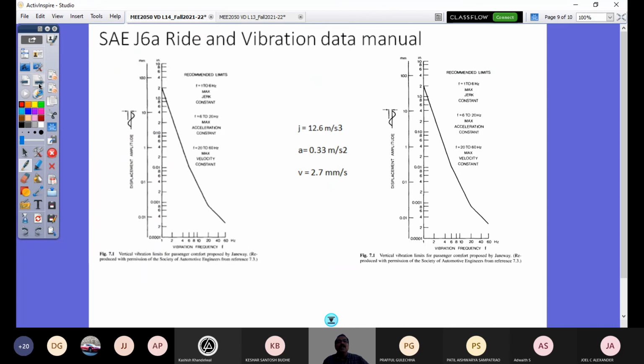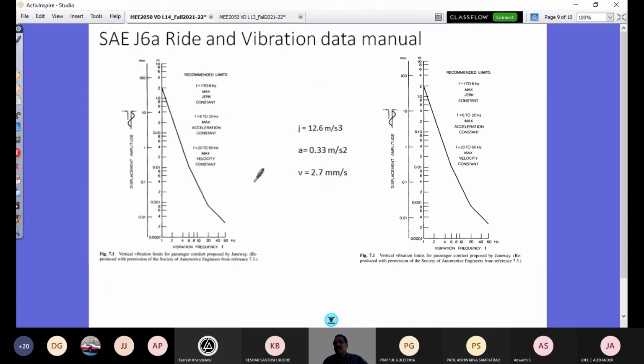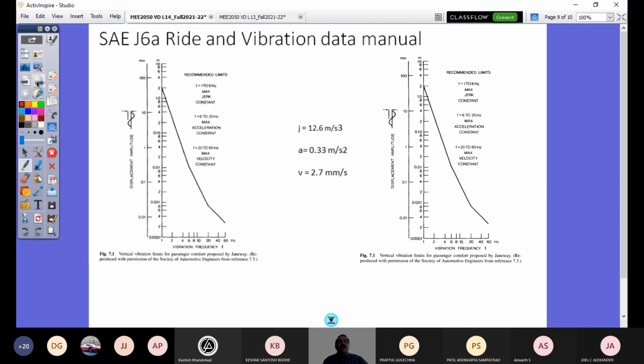You see here, this is what is called a standard. Maybe I would start with this in the next class as time is up now. This is called the Janeway's SAE criterion for ride comfort. Amplitude is on the y-axis as a function of frequency band. It is interesting to see that the important frequencies are from 1 Hertz to 80 Hertz. In this model, it is 1 Hertz to 60 Hertz. And another